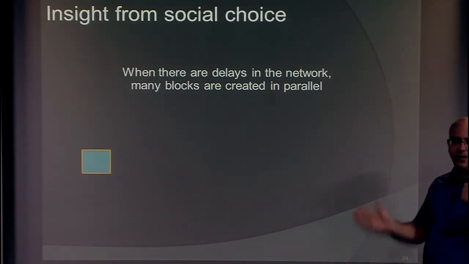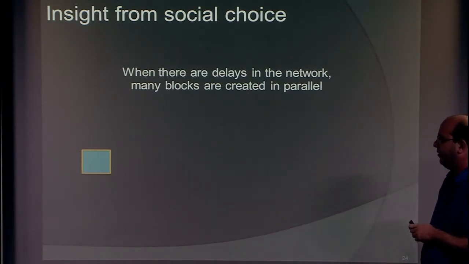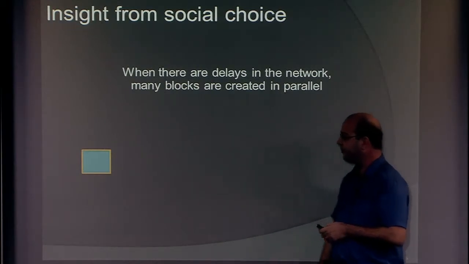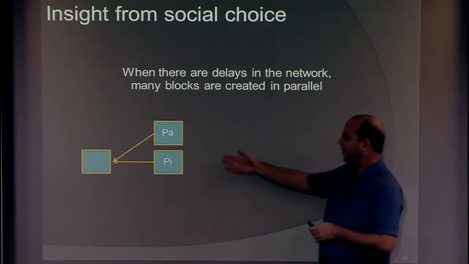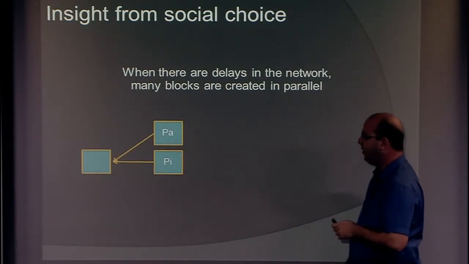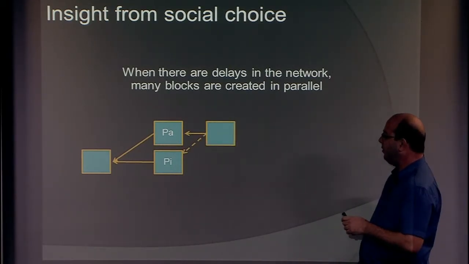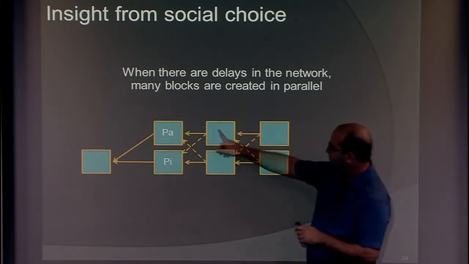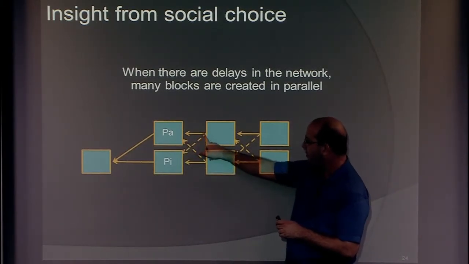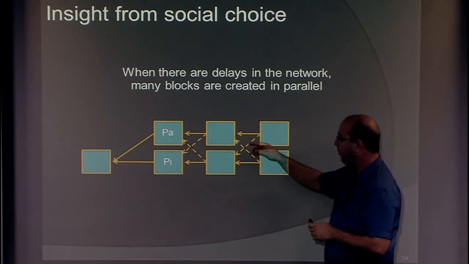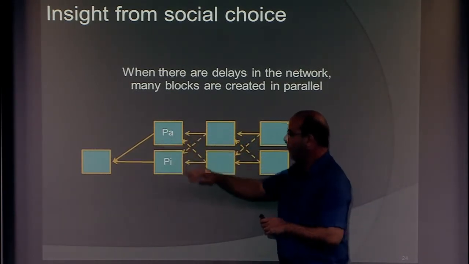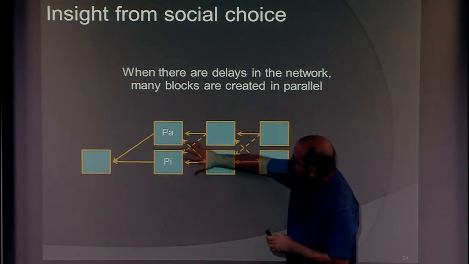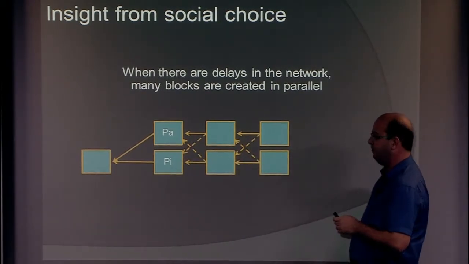So here's maybe the last insight from social choice that I want to show you. And this really gives us a brand new protocol. So think again of pasta and pizza showing up here. And we're in a network with delays where blocks might show up, right? And I've written here all the arrows that they have, but the longest chain would have picked this one. So if we're following the longest chain protocol, we basically have a tie between these two chains. Because every one of these blocks sees a tie, they might be breaking ties differently.